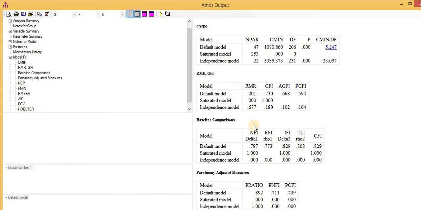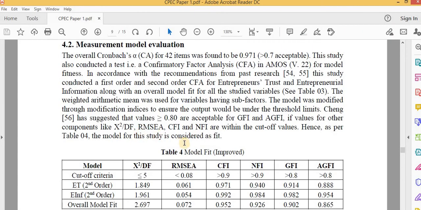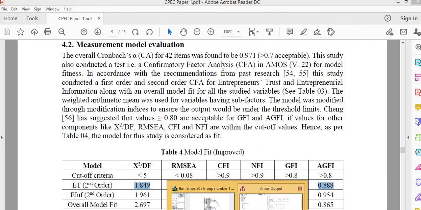You can simply copy paste these values in your worksheet or in your MS Word file. So this is the cutoff criteria. You can put the actual values here, on the basis of which you can show that your model is fit and you are allowed to proceed further for the SEM. When your values come under these threshold values, you will be allowed to perform the SEM, but if your values do not come under these threshold values, you are not allowed to perform the SEM on the basis of this data. This is all about today's lecture.